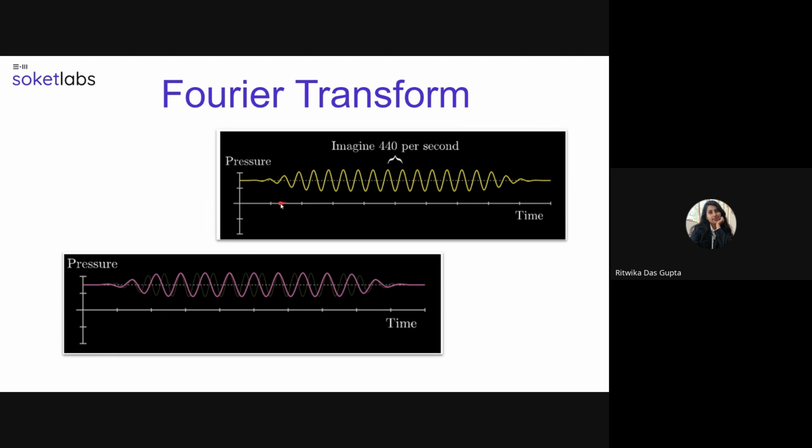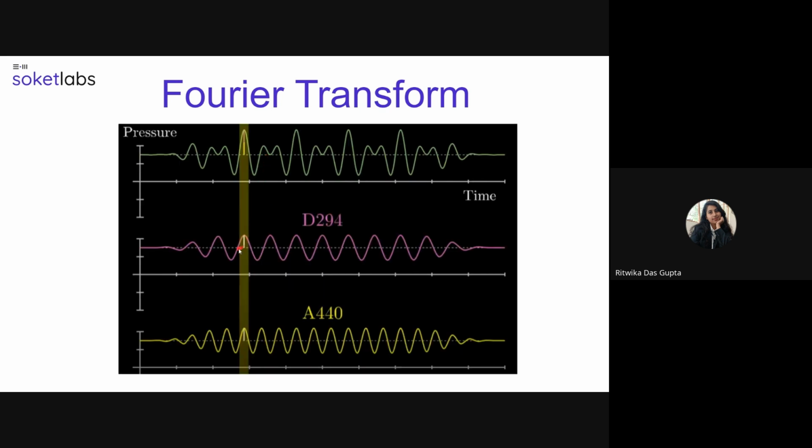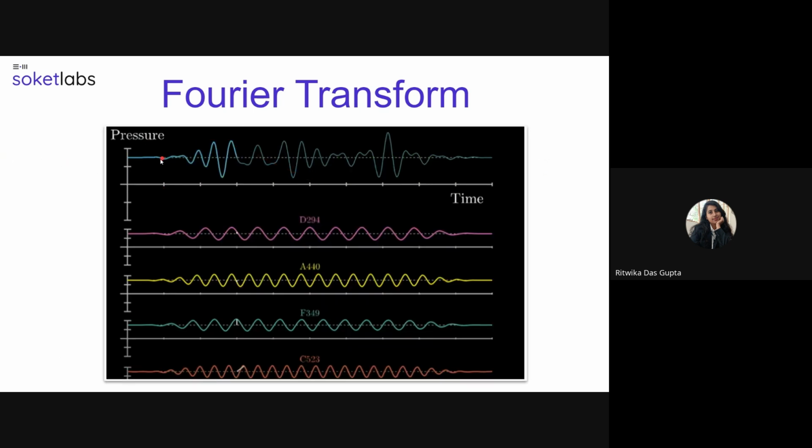So now the concept of Fourier transform has to be explained. For example, there is one pure form of frequency that is 450 beats per second, which is known as the A note, and the other form of frequency, which is the D note, which is 270 beats per second. So when we combine these two forms, it's almost like this displacement and this displacement are combined together. So we get this displacement finally. This is the combined form of frequency. And similarly, when we combine several kinds of frequency, we get this graph.